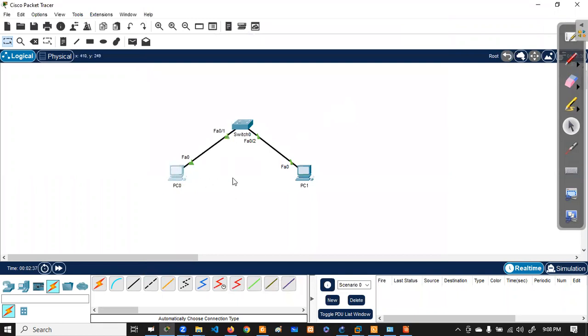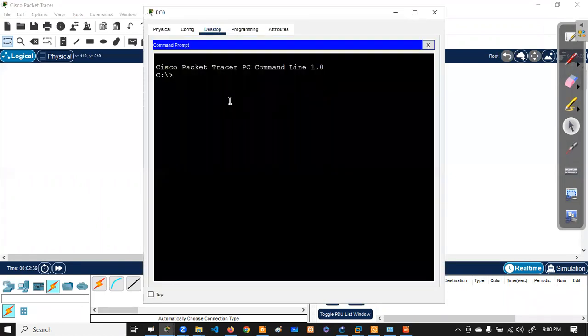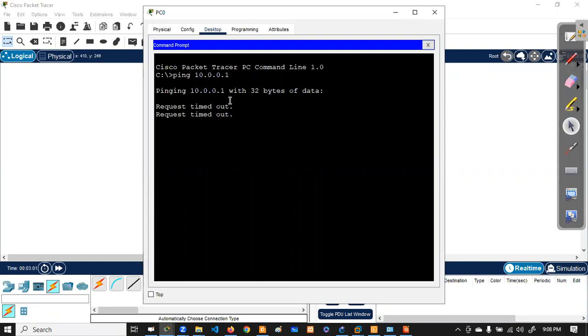Now, if you try to communicate, you can use the ping command for testing purposes. We are pinging 10.0.0.1. You cannot communicate. Why? Because both are in different networks. Understand?